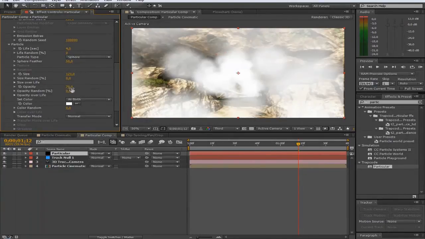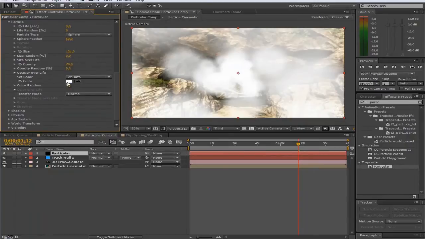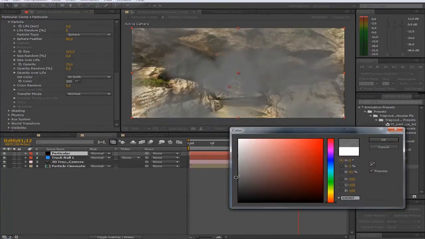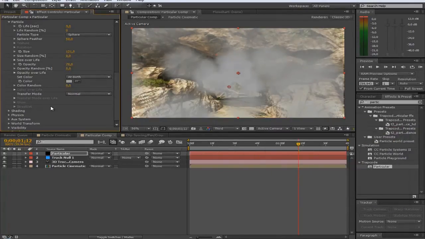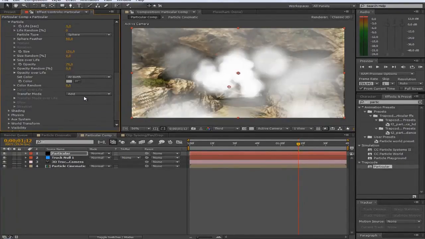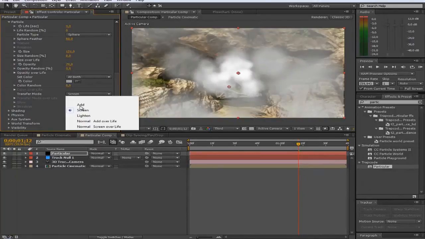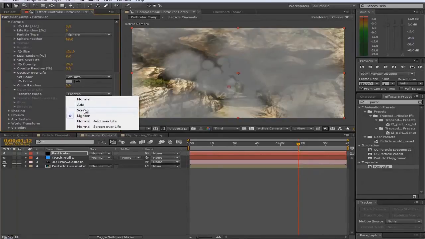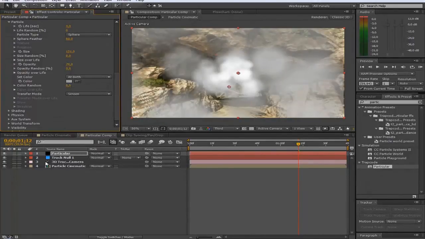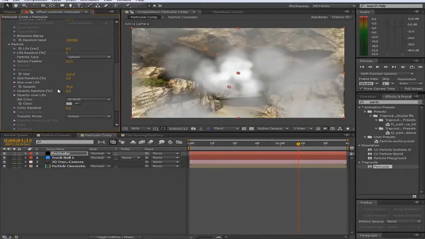That looks pretty good. And then we're gonna set the color to a dark grayish, or maybe a bit light grayish. It depends on your scene a bit. And then we're gonna change the transfer mode to screen, or maybe add if you want, but I prefer screen, or maybe even lighten. No, screen. That looks best, in my opinion. And then we're gonna go to opacity actually, because we want to change it down even further. We want to change it down to 10